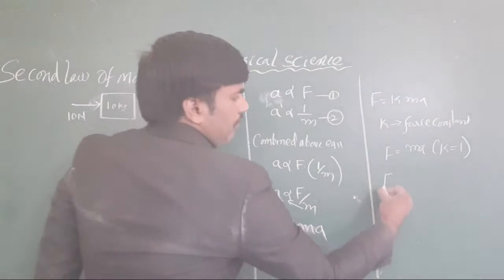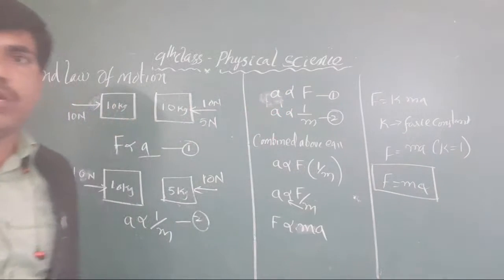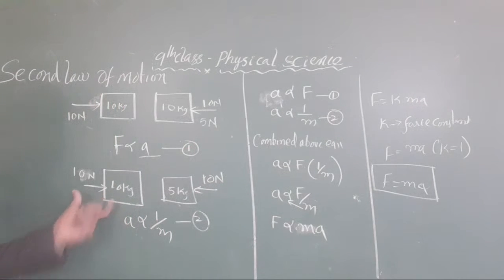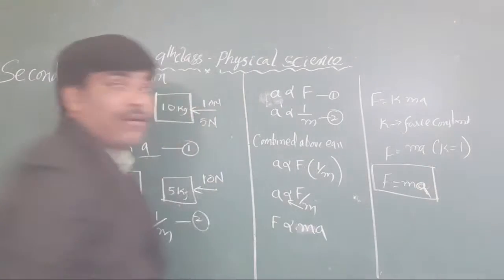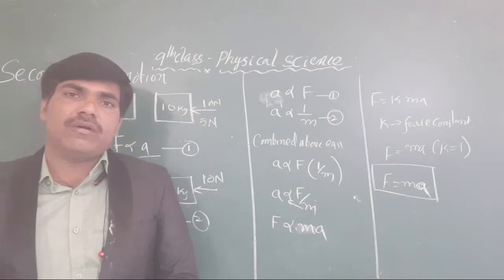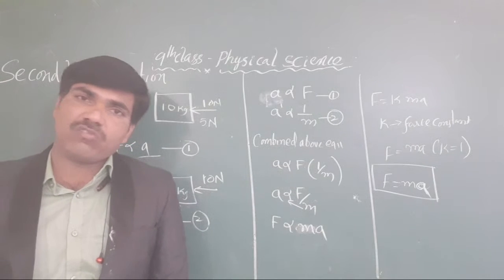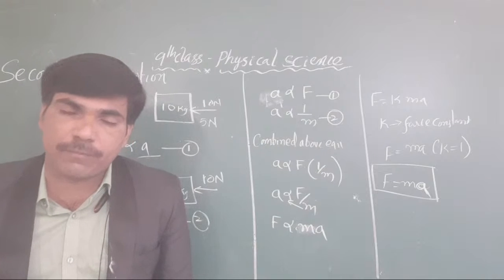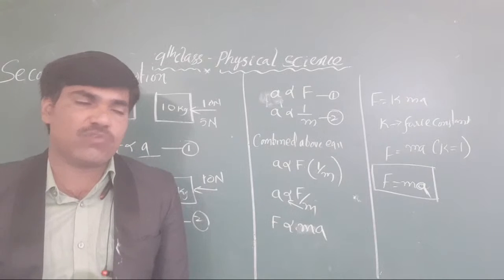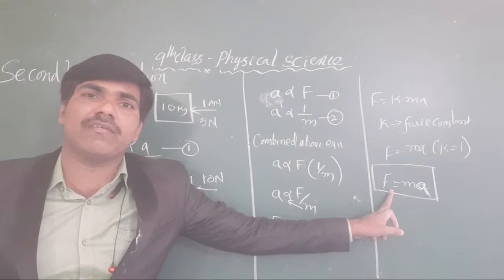This F equals ma is called Newton's second law. This is the derivation of the second law. Now from this we have to go with how Newton said it: the rate of change of momentum is equal to force, otherwise the force is directly proportional to it, where K is a force constant. And from this equation we will get